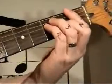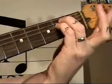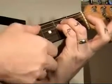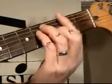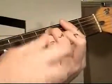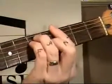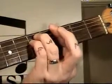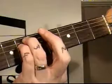If I go back to this open E, if I get its minor version, I take off the second finger in this case, I get a minor chord version. That's an E minor taken from this E. And if I did it for the F and take this finger off, I would get its minor version, F minor. If I was to move it up 1, I would get F sharp, F sharp minor, G, G minor, G sharp, G sharp minor,